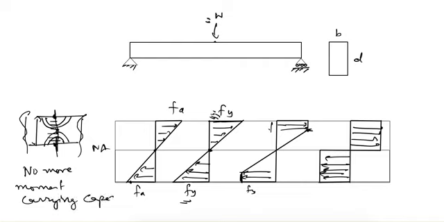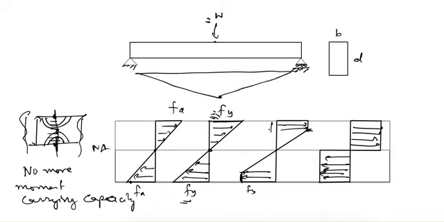So what happens is it will simply rotate. After this point, this beam will rotate like this. This is the point on which we are applying the load. So this point acts as a hinge, and we call it the plastic hinge. There is no actual hinge in the place, but this part becomes a hinge because if we further increase the load, it will go under any amount of rotation. It can go through an infinite amount of rotation. So this is a plastic hinge.